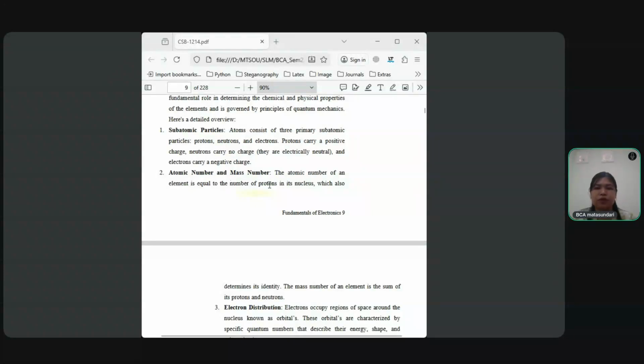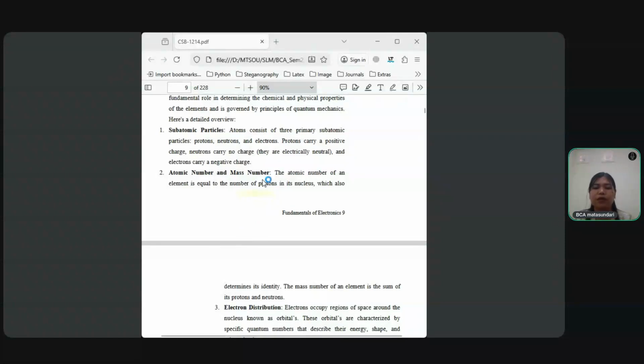Sorry for the interruption in the internet connection. So I have to restart the connection and start the class as well. So where we are,